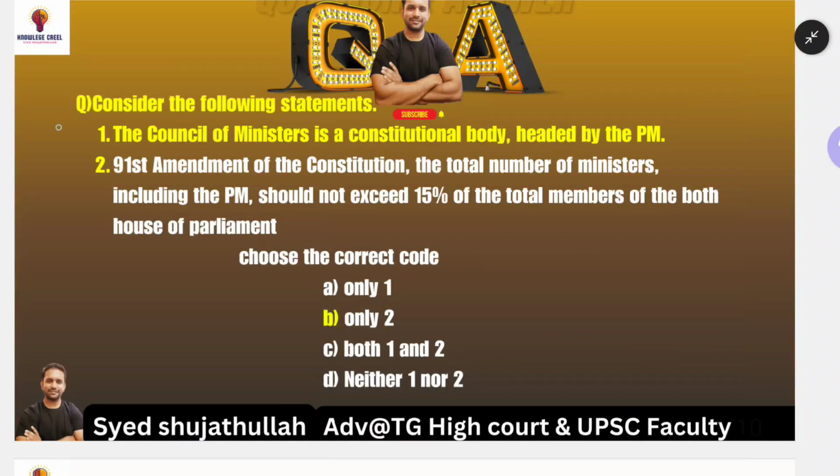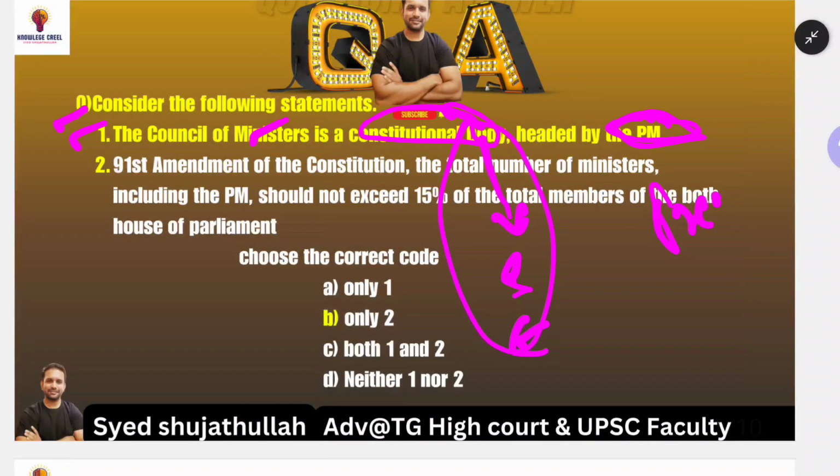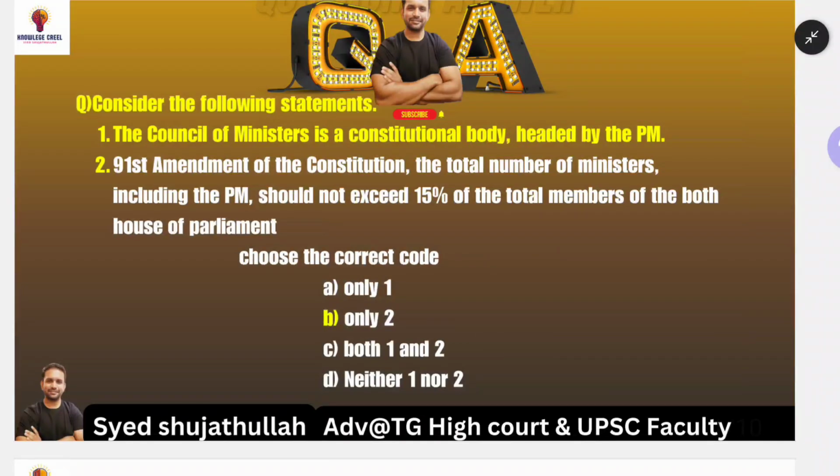Before going into the discussion, there is a question on the screen. Please do this. Whenever you are going for the examination, make sure that in your question paper, you try to find these words and think about whether these words are right or wrong. Suppose, for example, in the first statement, the Council of Ministers is a constitutional body headed by the PM. Here you have to be very sure whether it is a constitutional, statutory or executive body. If they have written PM, think whether President or Chief Justice of India is the appropriate word that should be used in this particular sentence. These are some important tips that you have to incorporate whenever you are doing practice sessions.